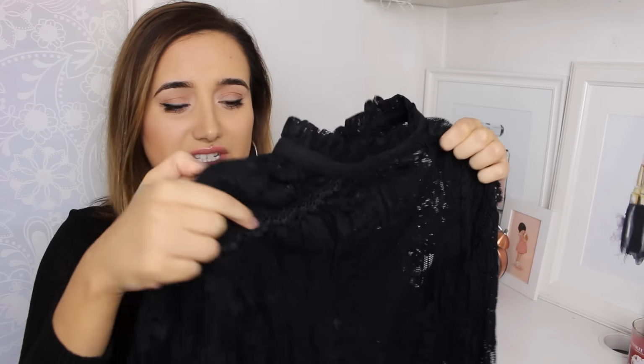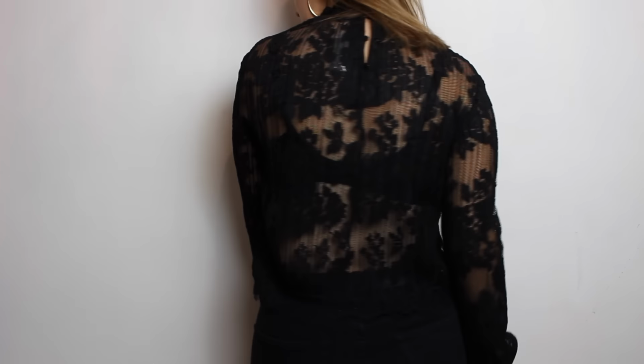It has like little buttons on the back. I think it's really pretty. It looks really well made. It doesn't look cheap at all, and again I think for Primark £18 is kind of pushing it in my opinion. The black one is very much the same, but I guess because you don't get black neck curtains, this